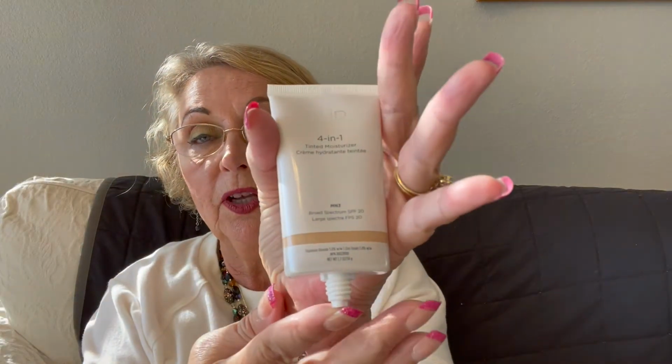Pure, I like Pure. 4-in-1 tinted moisturizer. Broad spectrum, SPF 20, large, well, that's just a different language saying broad spectrum. It does have a seal on it, tinted moisturizer. So this is just moisturizer, it'll give you light coverage. And it says, well, I guess that's the color down there, but it's not going to give you a lot